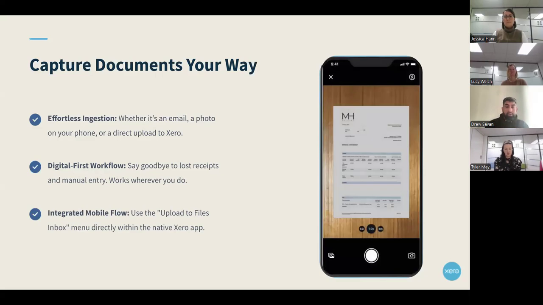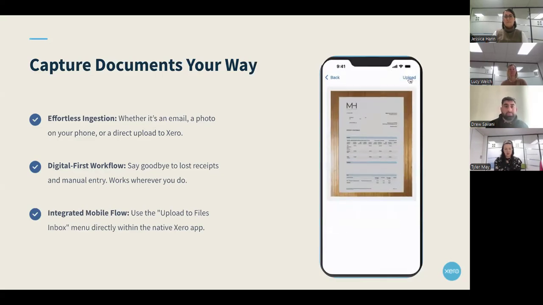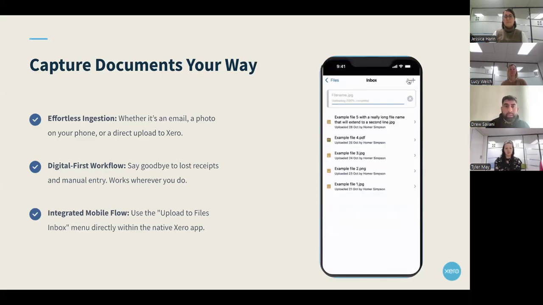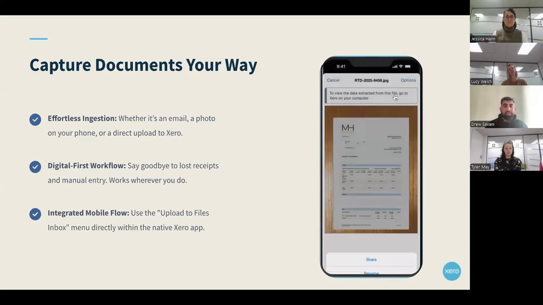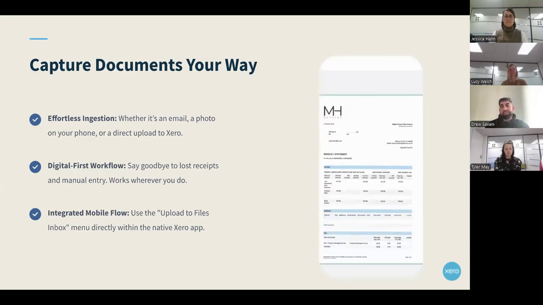Okay. And this is a very similar concept to what we're getting at here: take a picture of that receipt or email it into Xero and then let Xero take care of it and store it for you. What you do with it afterwards, it's a weight off your shoulders.